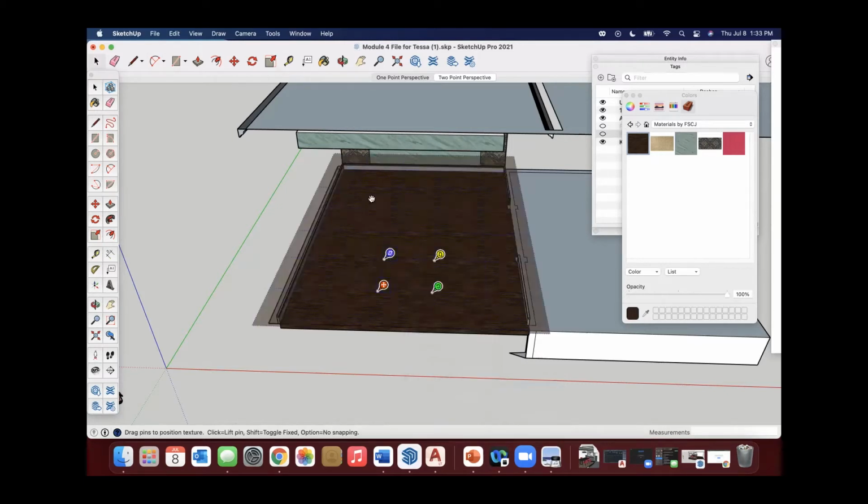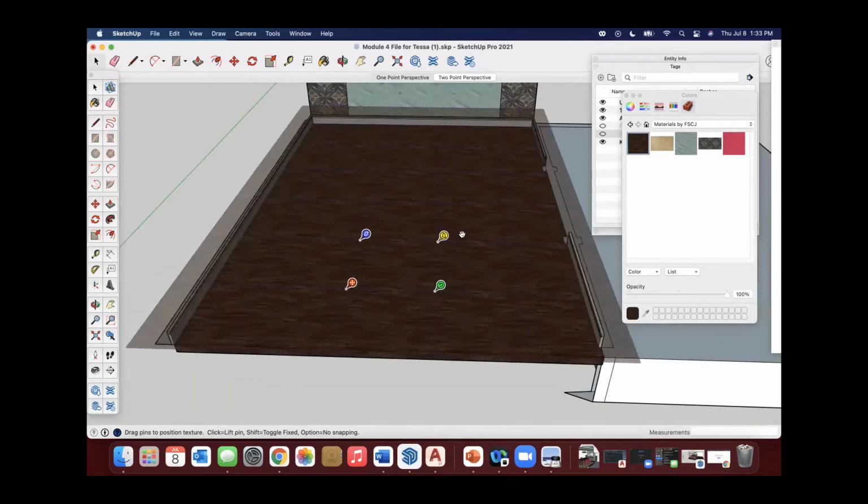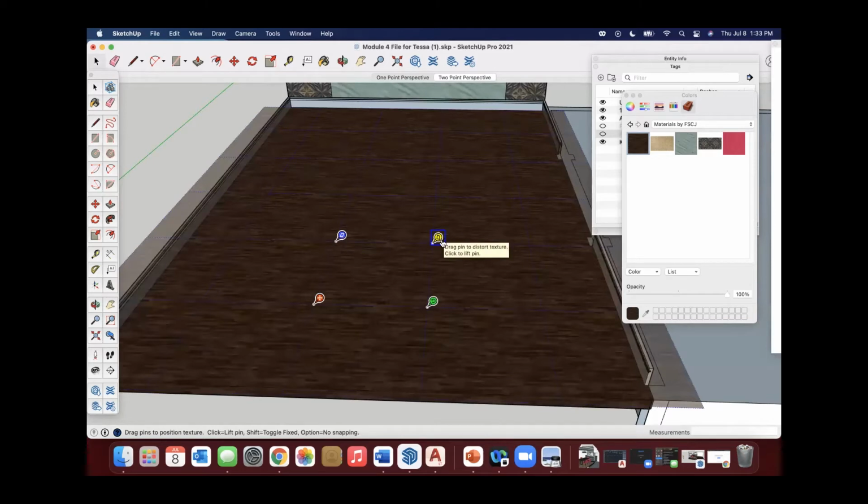It's going to pop up with this grid and these pins. Because this is already flat and there's no distortion, and I'm not trying to skew anything, I can pretty much leave the distort texture pin and the scale and shear pin alone. We're just going to play with the move and the rotate, or you can scale using this pin as well.